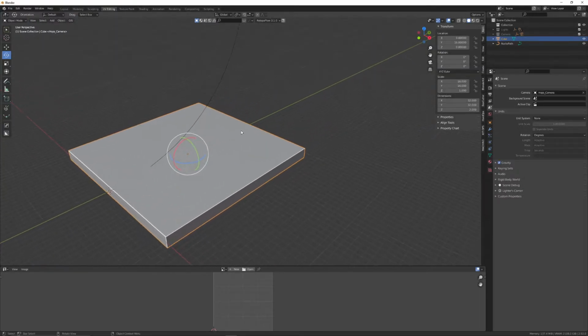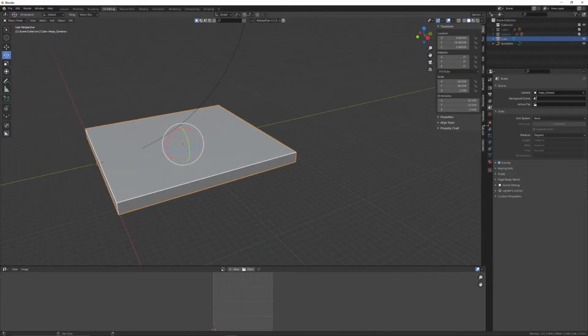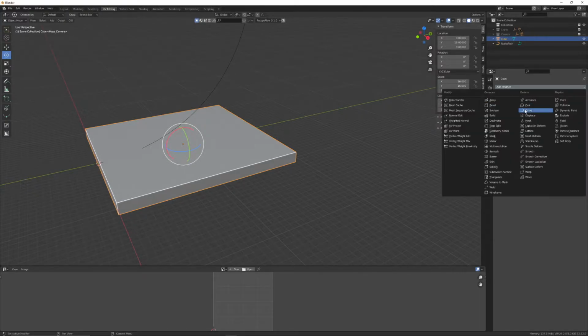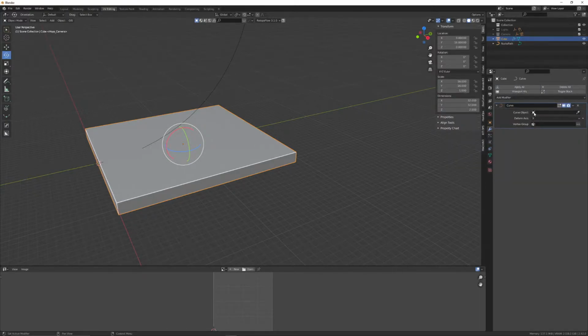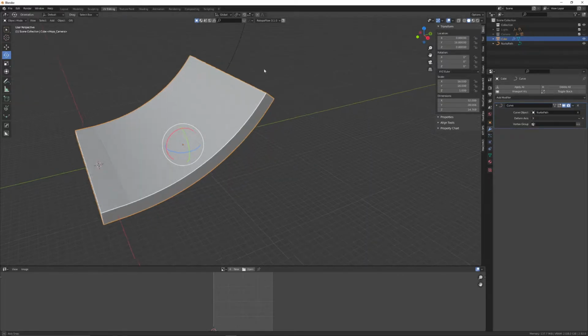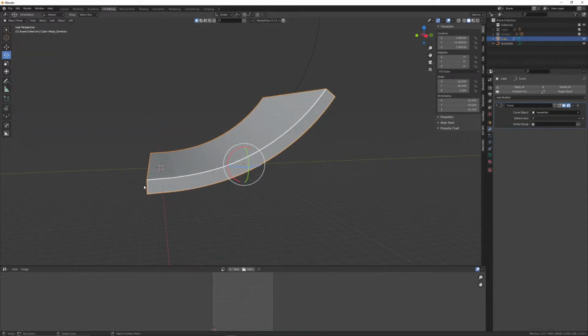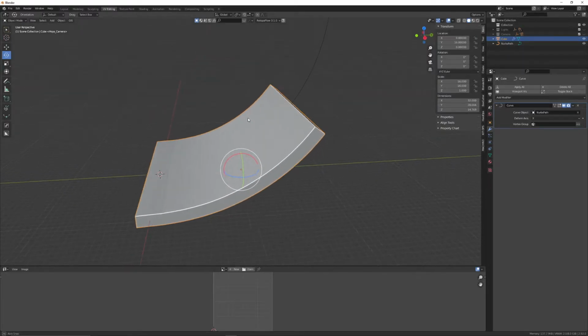Okay. So with this selected, go over to this little tool my mouse is on, modifier properties. I'm going to add a modifier called curve modifier. And then see where it says curve object, we're just going to add that to this NURB path. All right. And while we're here, because we've got this little problem of it not being on the axis here, the way to fix that quickly, I'll just